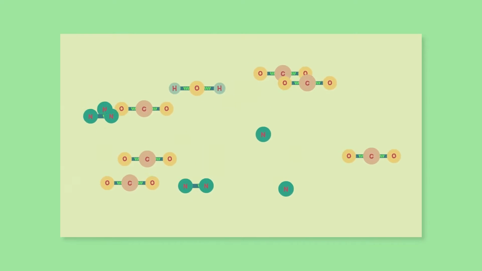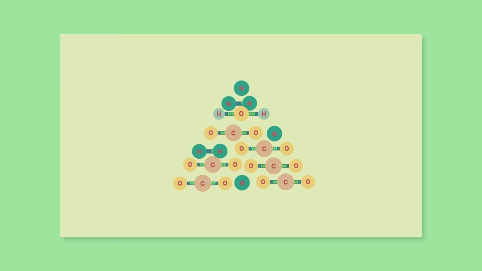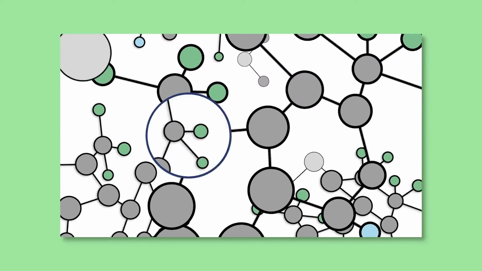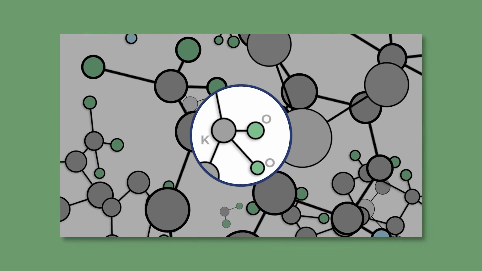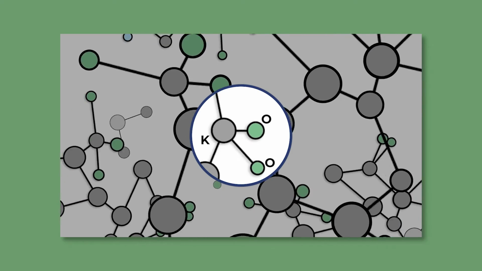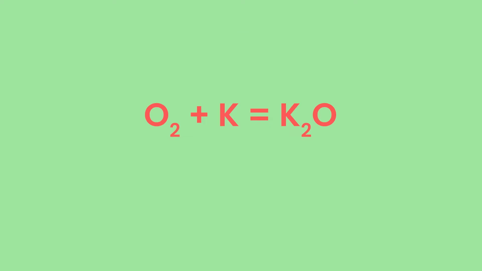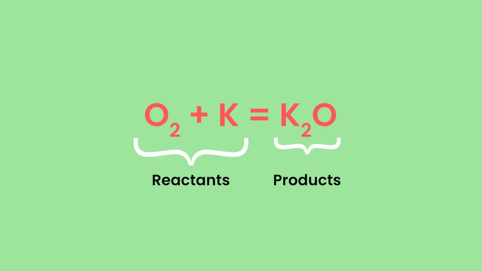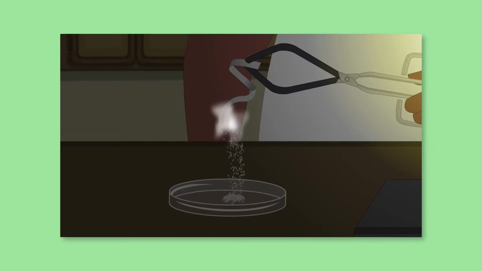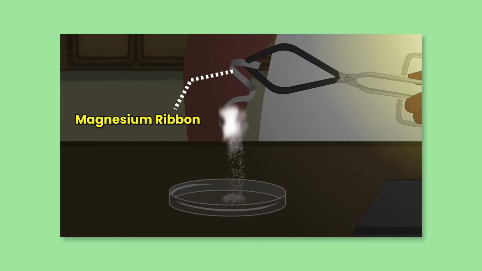There is a rearrangement of atoms that take part in a chemical reaction. Like in the case of a reaction between oxygen and potassium, there will be a rearrangement between the molecules of the two. In scientific language, you can refer to them as reactants. The substances produced as a result of a chemical reaction between these reactants are known as products. For example, potassium oxide.